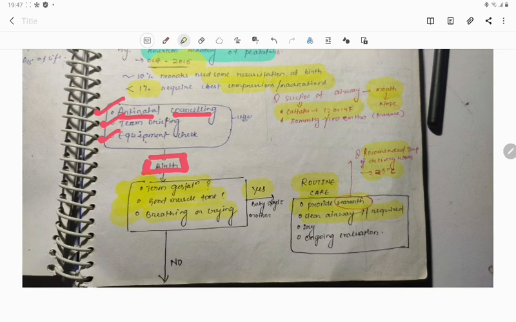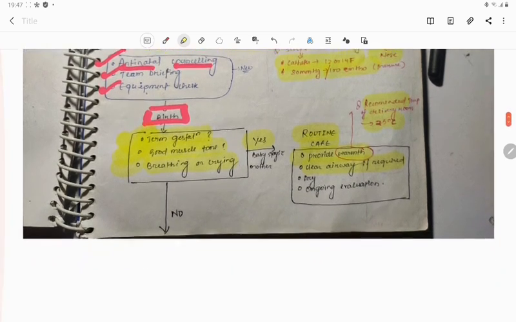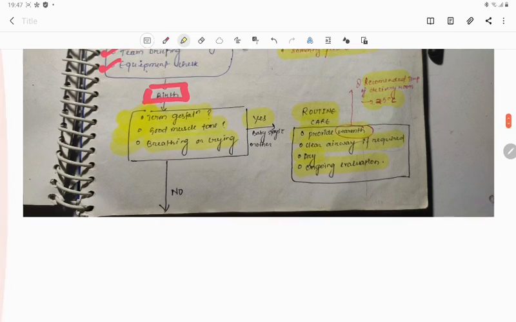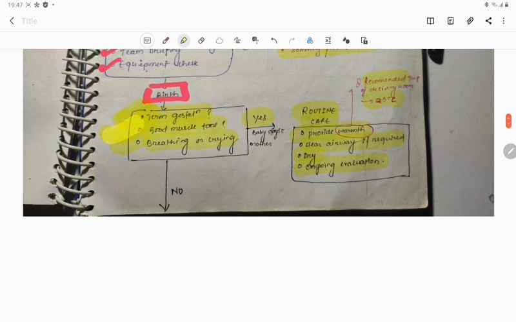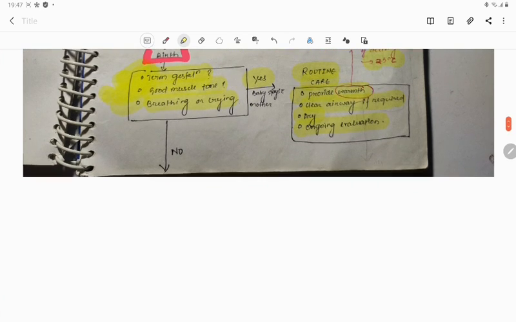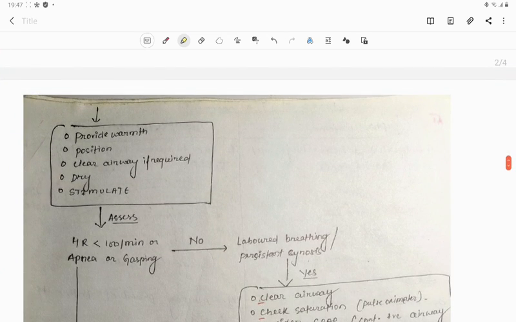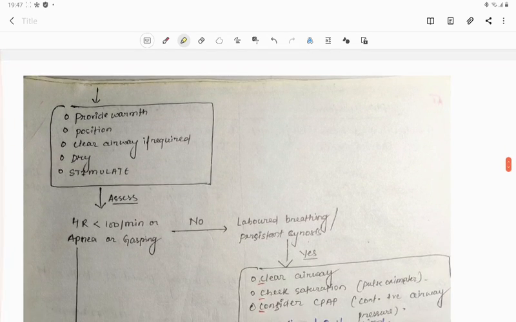The catheter that we use for suction is 12 to 14 French, and the pressure applied in that catheter is 80 to 100 mmHg or 100 centimeters of water, right? We dry the baby and we go for the evaluation of the baby. But if these conditions are not met, if there is some problem with this, we go to the next step of NRP. That is, we do the rest of the things like the routine evaluation and